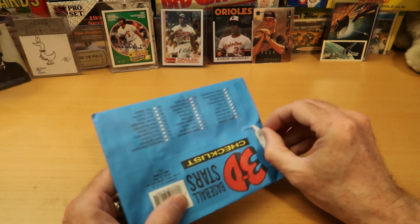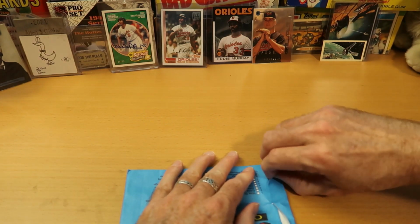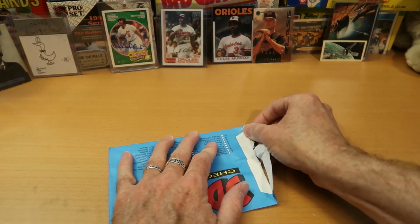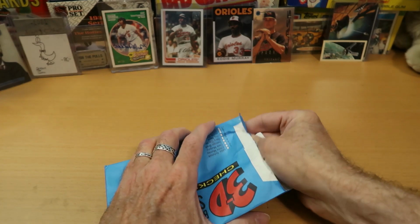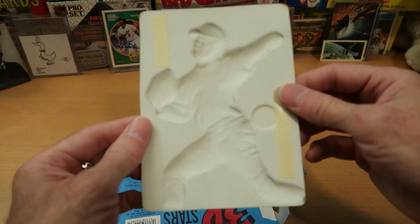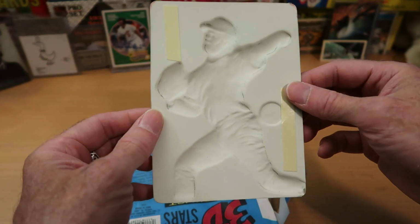I always like to open these and guess who I think it might be by looking solely at the back of the card. You've got to see these cards. If you've never seen one before, it's very hard to describe what you're about to get yourself into here. All right, so here we go. Here's what we're looking at on the back. As you can see, it looks sort of like a mold that you could put some Play-Doh in and create